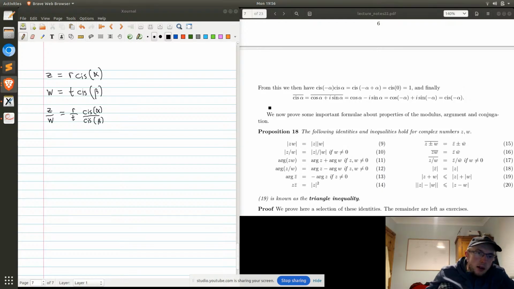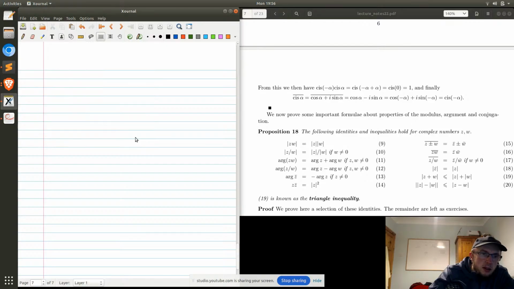So how do you do that then? Cis alpha over cis beta. No, I mean that's essentially what it's all about. It's about showing that cis alpha over cis beta is equal to